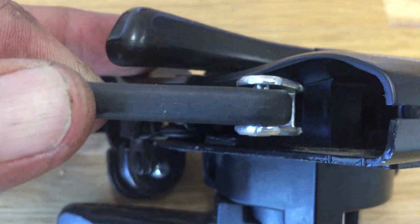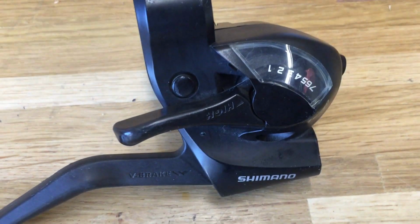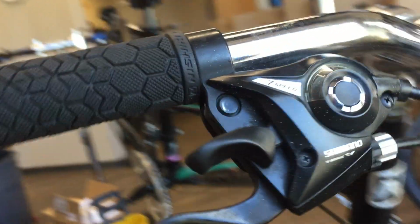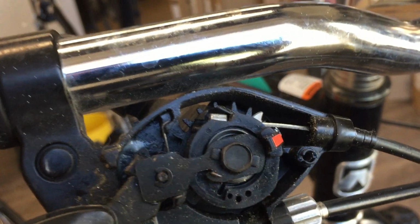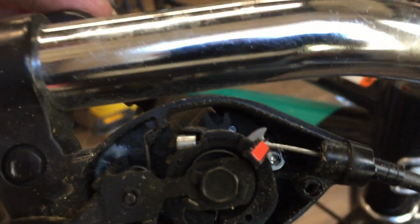It's basically just a plastic lever and plastic bits. So if you were having issues with one of these, my suggestion would be to just bite the bullet and upgrade to the next model up, which is the ST-EF41. It's not a great lever, but it's an all aluminum lever and body, and the main cover is removable with two little screws, and you can replace the cable or lube up the little pawls and the mechanisms and everything else. So that's the direction I would go, rather than the old